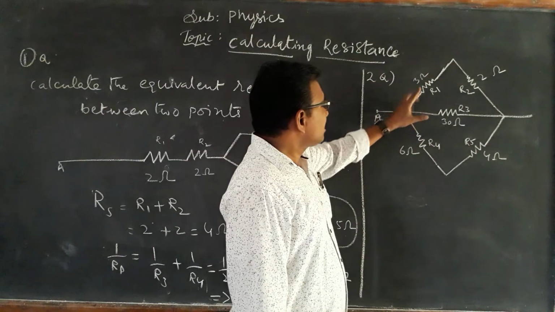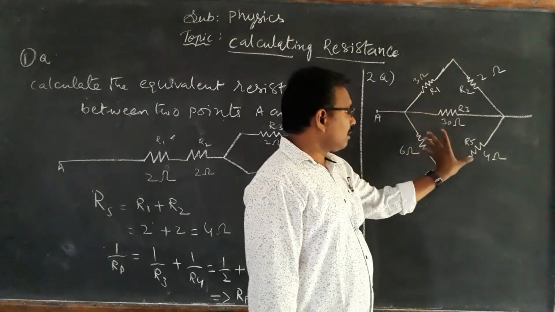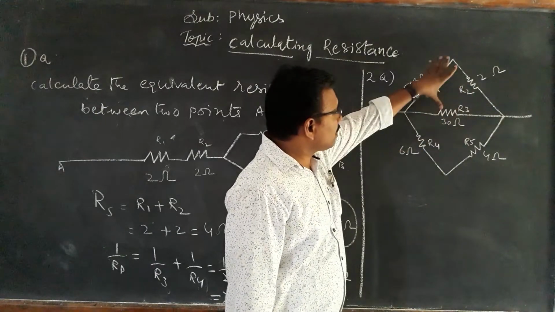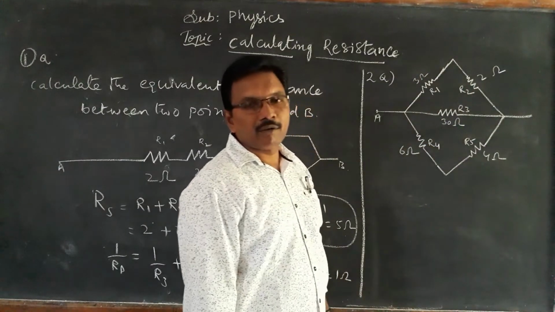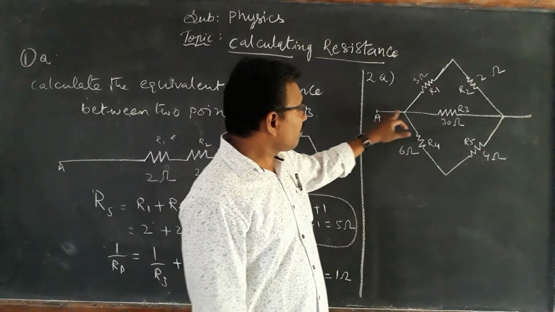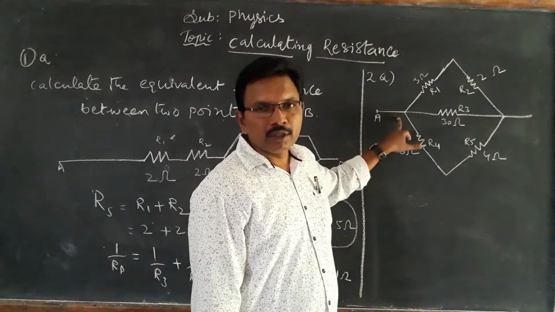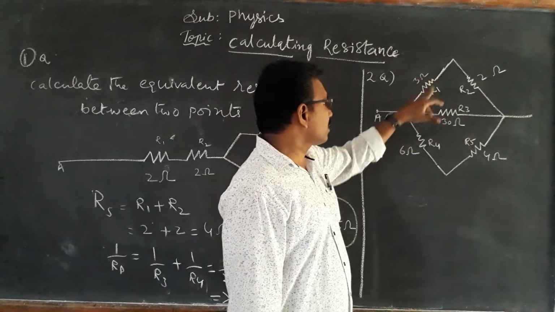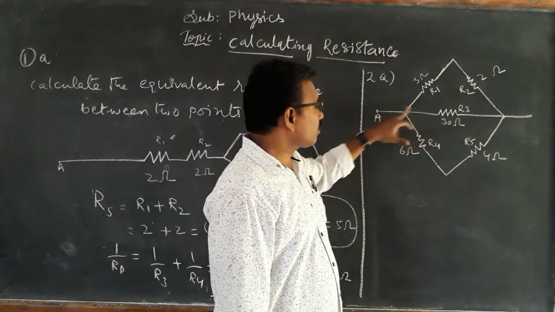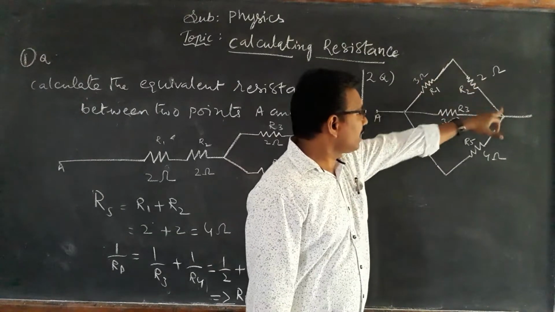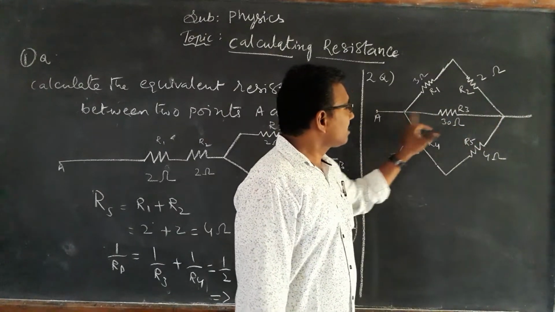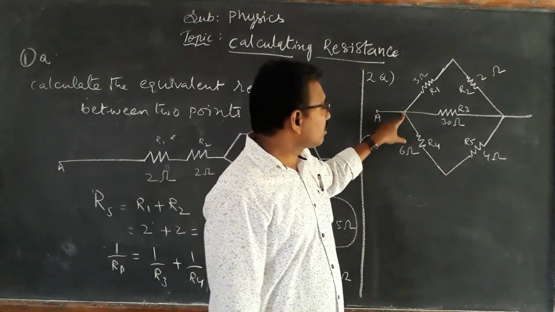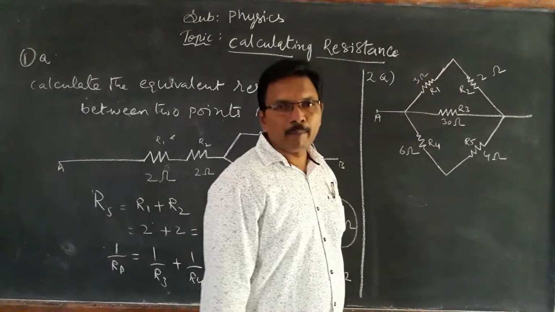Now here, this and this connection, these 3 are parallel. What is parallel? Here, drawn from a junction, drawn from a single wire, these connections are drawn from a single wire. So this line and this line and this line, these 3 are drawn from a single junction, a single wire. So they are parallel.